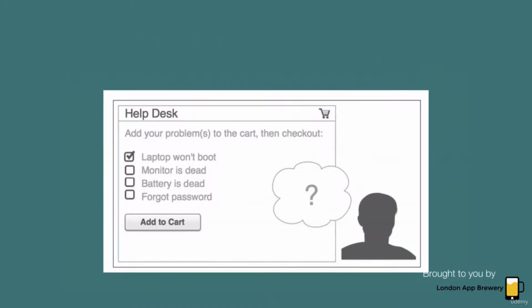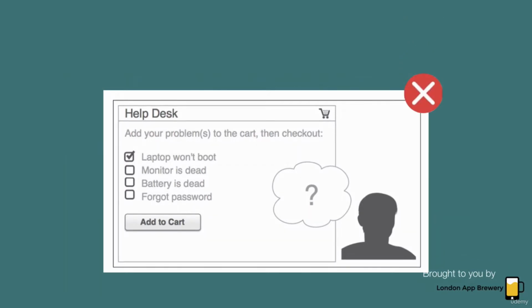Now, another example of an anti-pattern is the error reporting tool that we had at a previous workplace. When you had an IT problem at this workplace, they had a website that looks like it was inherited from an e-commerce website, because you had to pick your IT problem and then add it to cart, and then check out your problem, and then it would say something like, congratulations, your order has been made. So it was absolutely insane, and it was so inconsistent with what you're trying to achieve that it just felt so confusing to use.